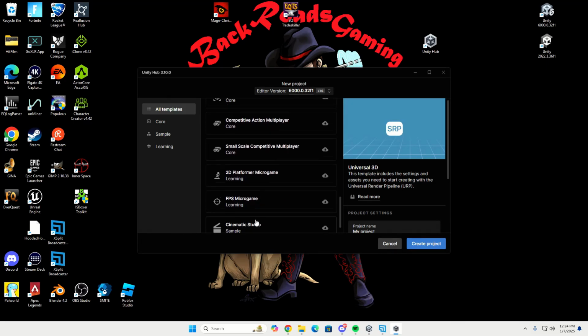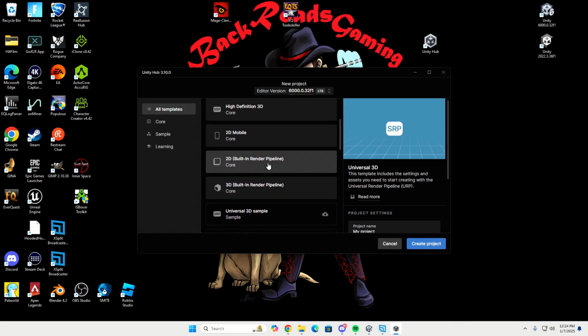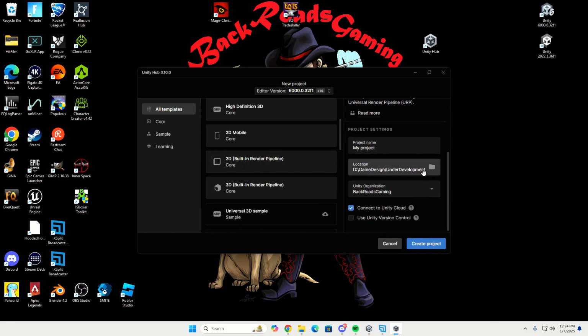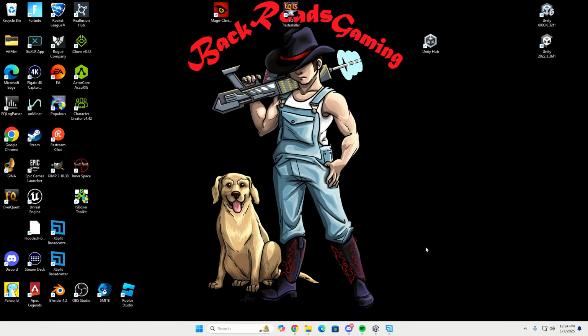Yours might be somewhere different, but you want to find the built-in render pipeline 2D core. Once you've done that, go ahead and name your project, set your location, and select your organization. You can opt to use the Unity version control and connect it to the Unity Cloud if you so choose. You're going to go ahead and hit Create Project. Once you've got that project created,